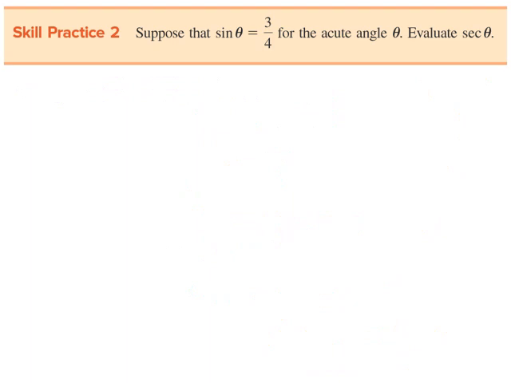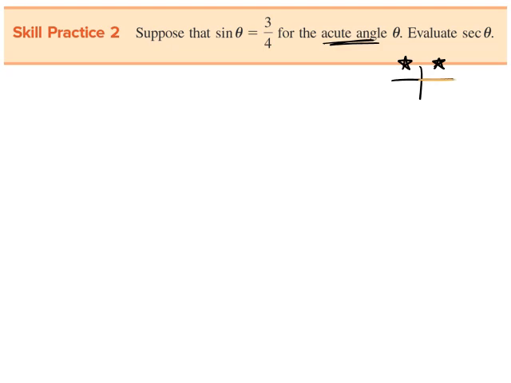This problem is very similar to the previous problem, so you may want to pause the video and give this a try on your own. Here, we're told that sine of theta is 3/4 for the acute angle theta. We know that sine is positive here and here. But